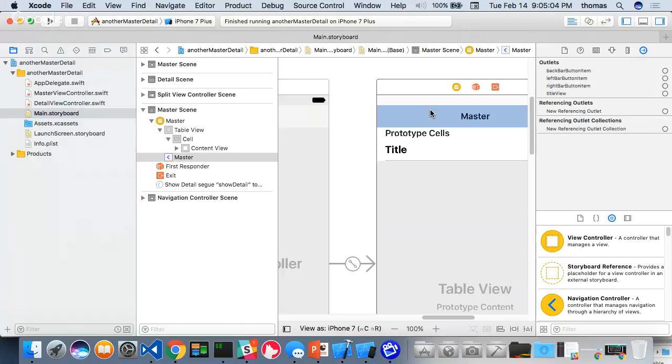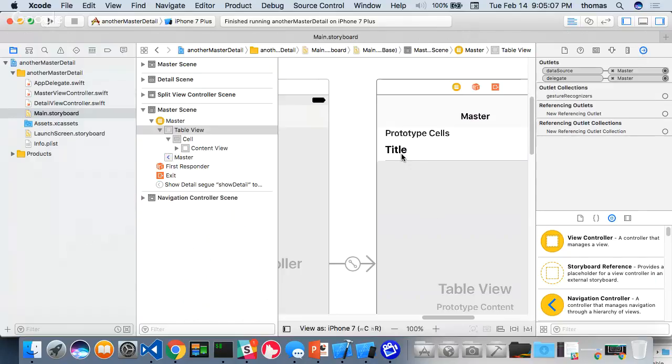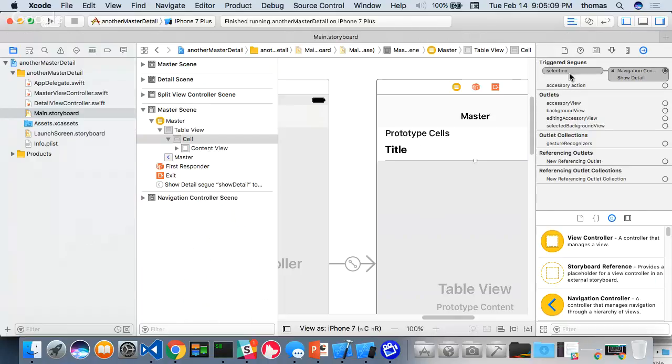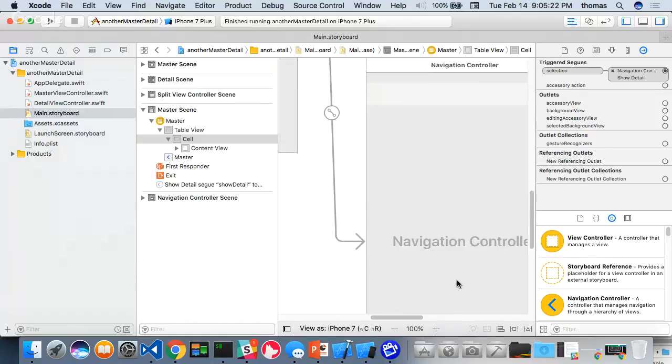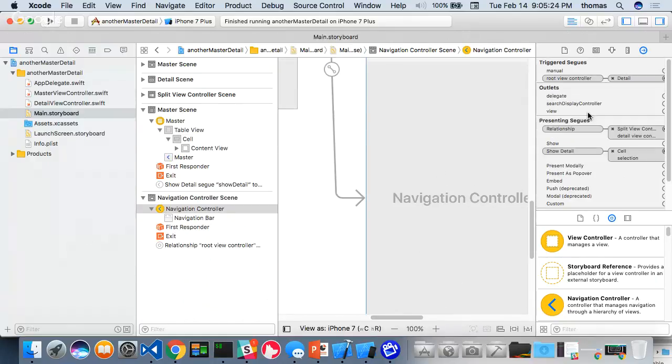If I click into the cell, it shows me that my selection goes to my navigation controller, show detail. Okay. So if I look at my navigation controller, I click onto it,